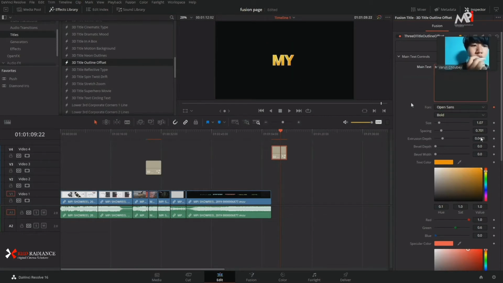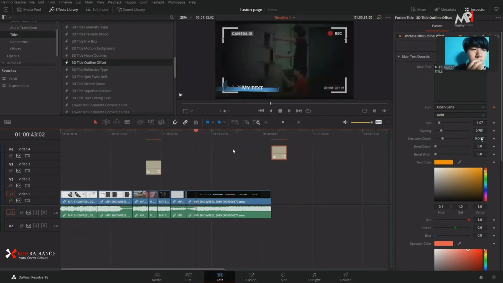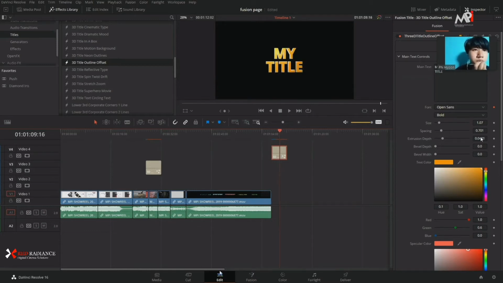Okay, so most of the time when you're using these presets, you will not